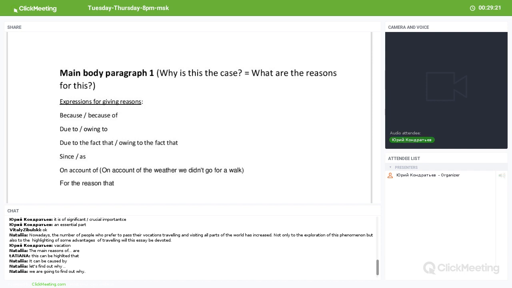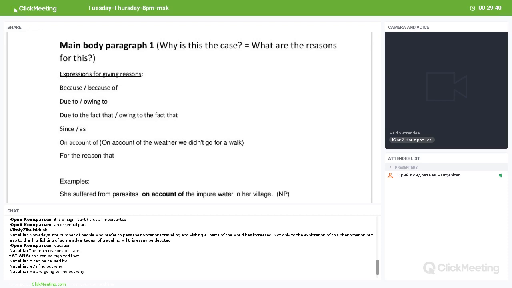You can also take a piece of paper and maybe you will want to write down some of the expressions. You will certainly receive the recording of this webinar and the presentation, but now you're going to write the paragraph, and in this paragraph you might want to use some of these expressions. So, the expressions that can be used for giving reasons.